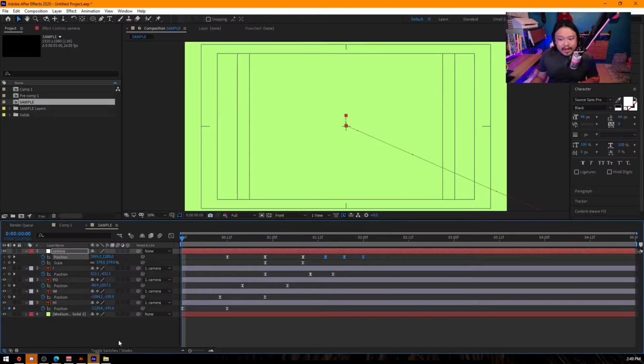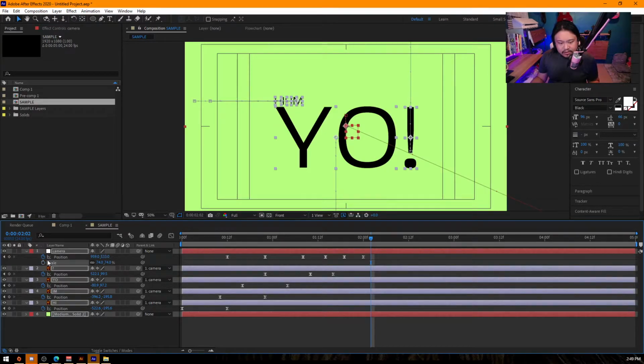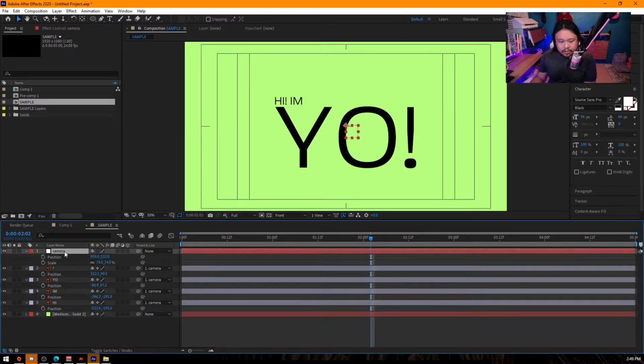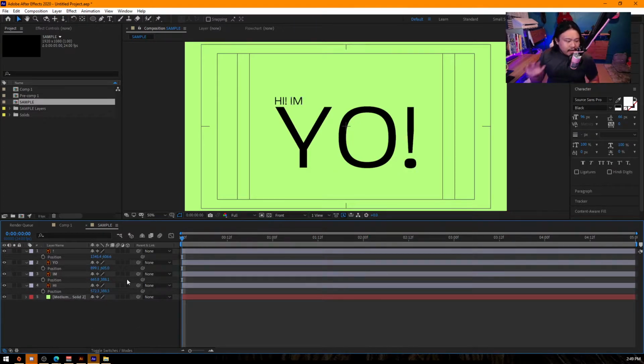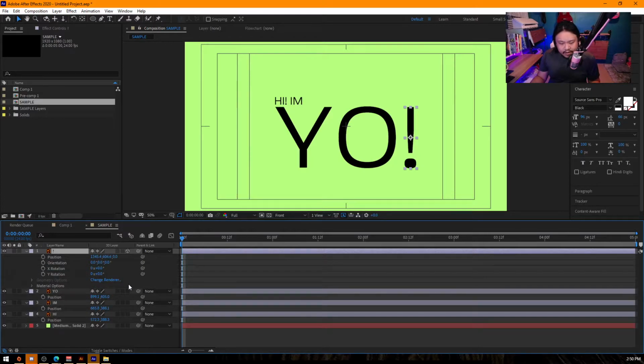Okay. So, 3D layers, guys, ang 3D layer sa After Effects kasi, I'll just remove the animation na tong lahat para magamit natin siya. Ang 3D layer in After Effects is literally adding a z-axis lang, but it doesn't extrude your layers. Okay? So to turn on a 3D layer, you just click on toggle switches so that it opens this 3. And then this button here toggles on the 3D function of the layer. So if I click on this 3,